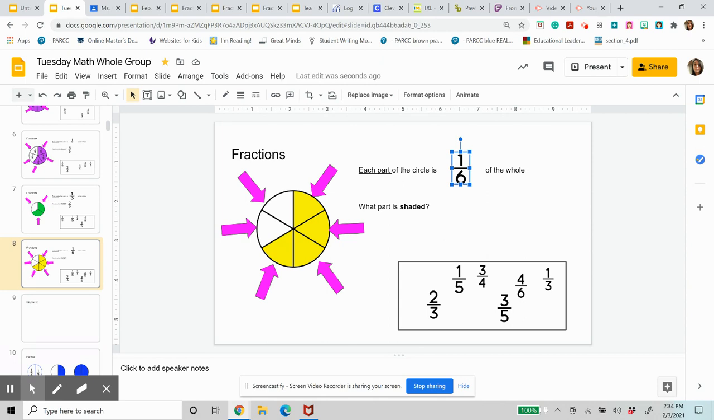So again, be thinking. Think about what should your denominator be? How many pieces are in this whole? Okay, and the whole is the white and the yellow. The whole pie, it's all of the pieces together. Okay,